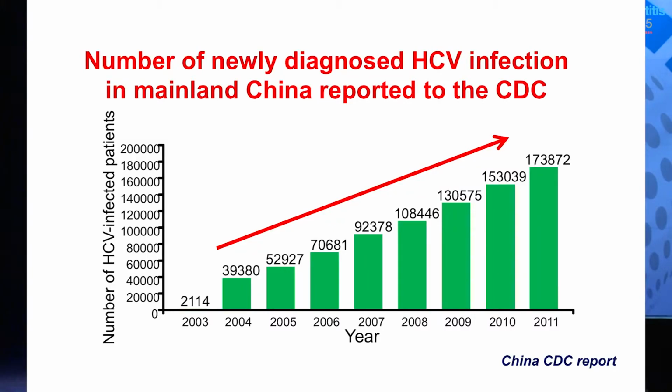Again, this slide shows that reported cases do not mean incidence, but the newly diagnosed reported cases have been increasing in the past years. Again, it shows the disease burden would still be very high, although new infections become less and less. So in summary, we can see both hepatitis B and hepatitis C really pose a very serious public health problem worldwide, especially in Africa and the West Pacific region and some parts of the Middle East.